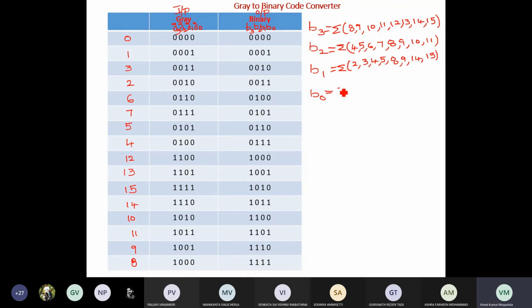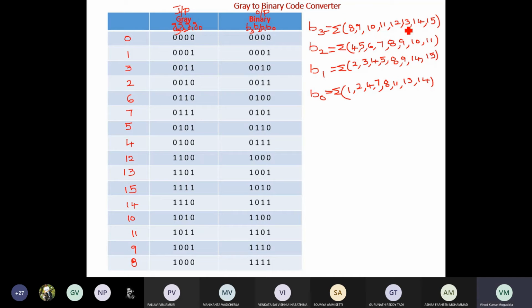For B0, it is 1, 2, 7, 4, that is 1, 2, 4, 7, and then 8, 11, 14, 13, that is 8, 11, 13, 14.